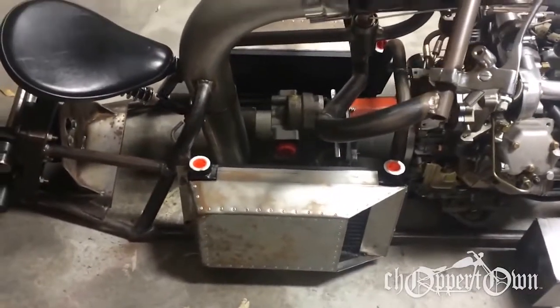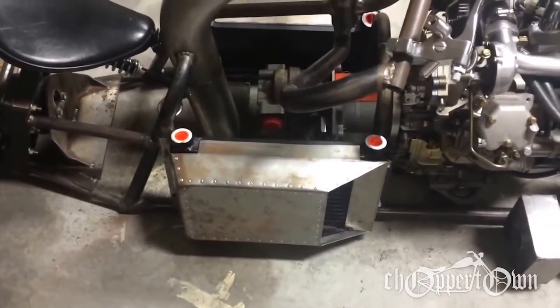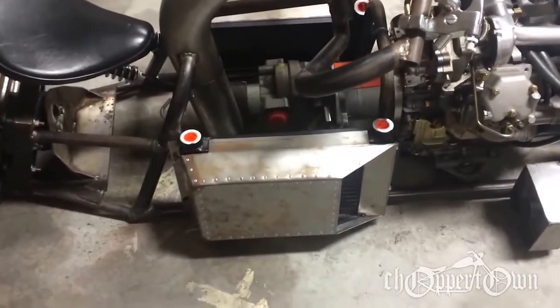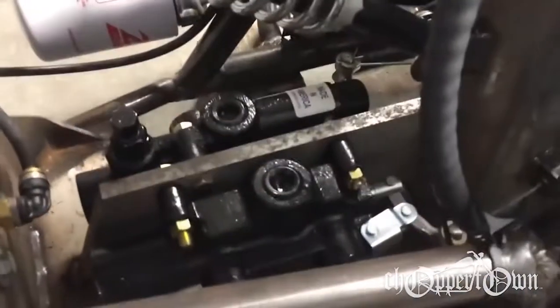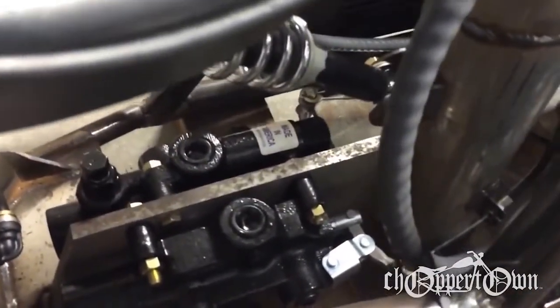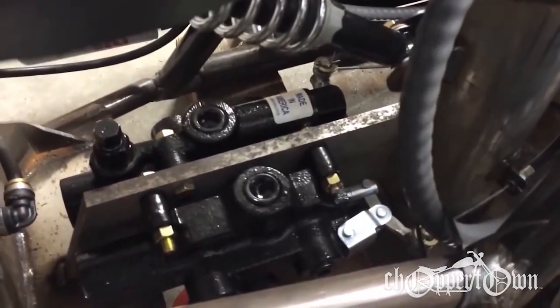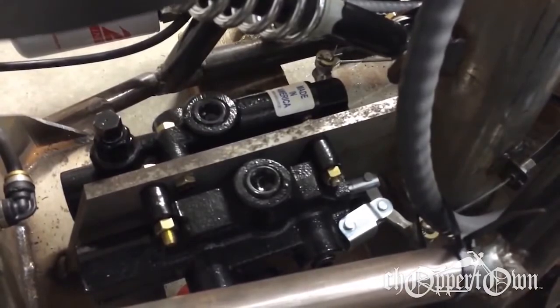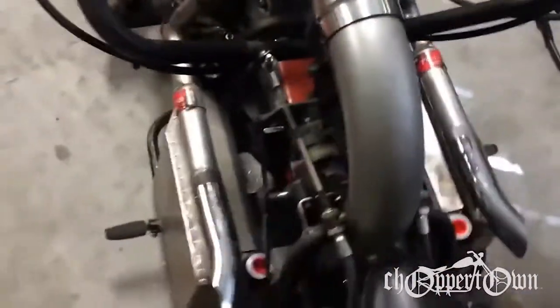I've got 2 hydraulic oil coolers mounted on the bike with some handmade sheet metal hood scoops to go on the outside to help kind of tunnel ram the air. Got my cables run down into the frame to these 2 valves right here. So when I pull on the cable, it pushes in on that valve, and those are log splitter valves. One will be the brake, and it'll restrict the return flow off the rear wheel. And the other side, right there,